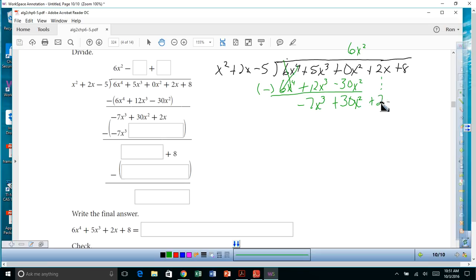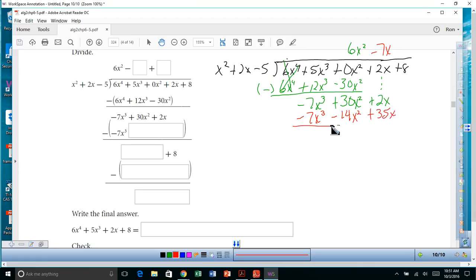So you got plus 2x. Good. Now we need to turn this x squared into a negative 7x cubed. So I'm going to multiply it by minus 7x. Negative 7x times x squared is negative 7x cubed. Negative 7x times 2x would be minus 14x squared. And negative 7x times negative 5 would be plus